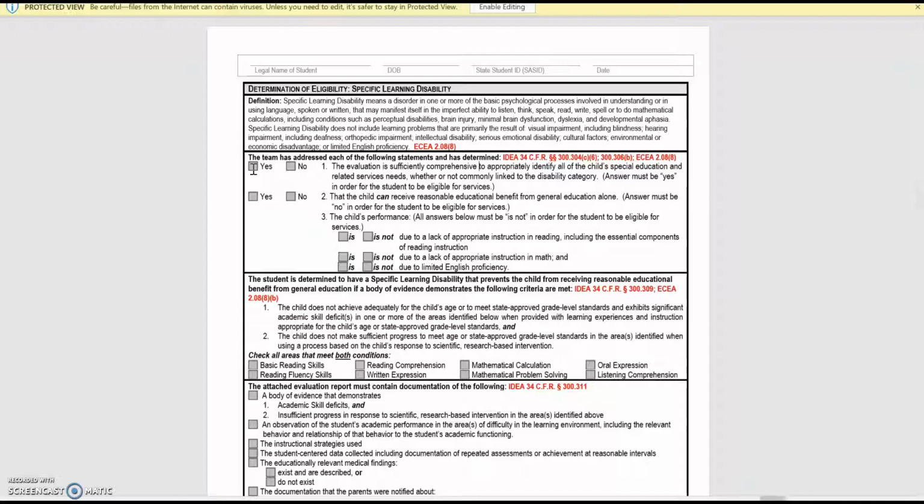That puts us into a problem where we would have to go back and evaluate further, and that could be pretty complicated with the timelines and with our compliance. And so it's best to just always be able to say yes here. Like I said in the previous video, obtaining consent really to evaluate in any area that even could remotely be